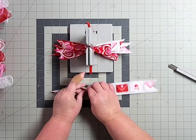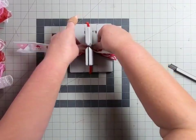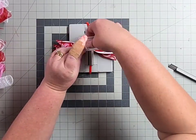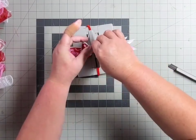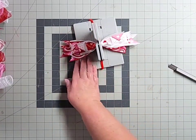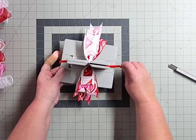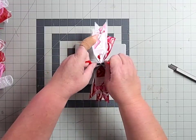Give it a pinch, a hard twist, going in that opposite direction, making our loop, giving that guy a pinch, and adding it down in. So now you've got lots of cute dovetailed tails and some loops. So we're going to take our pipe cleaner and release that from the bottom of the bow dabra, gently pull that guy up,